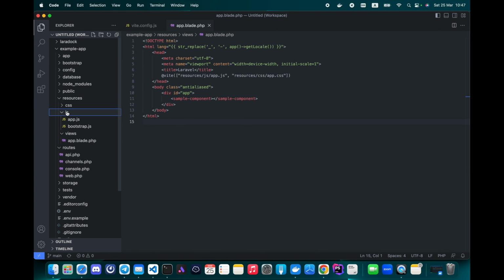Then we will try to create a sample Vue component and see how Vite works. Create a components directory inside the JS directory and create a new file in it, which we named literally sample component.